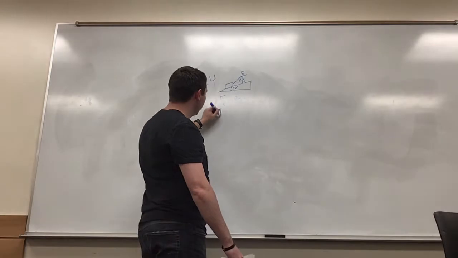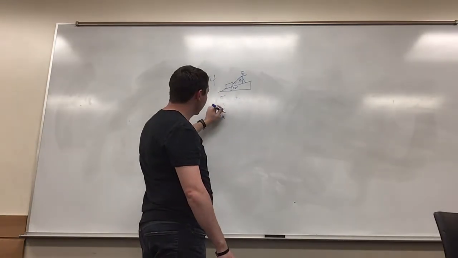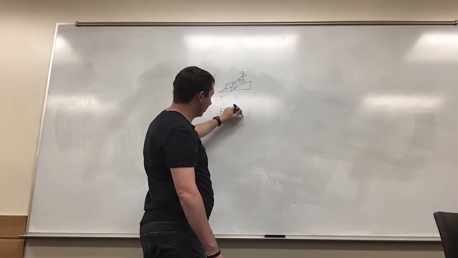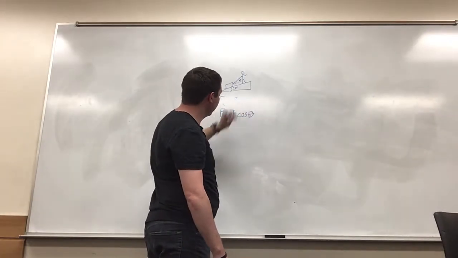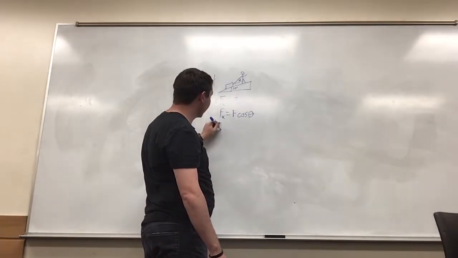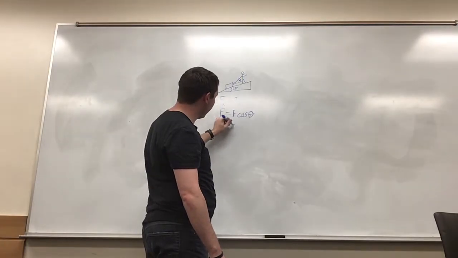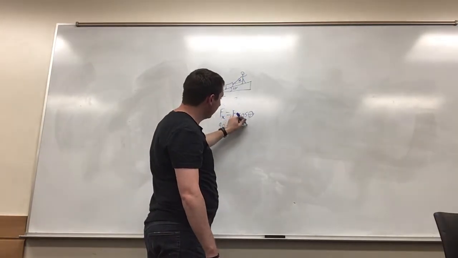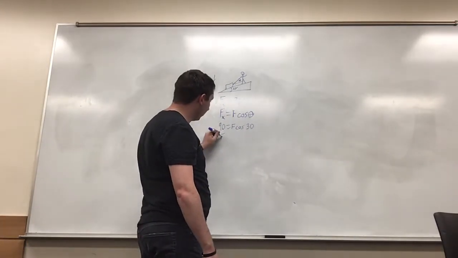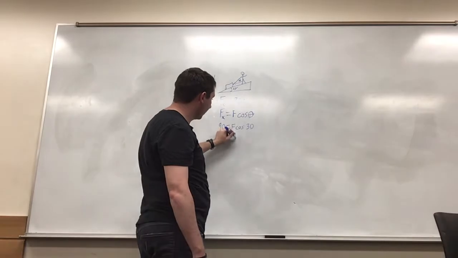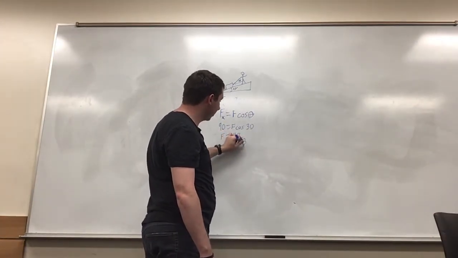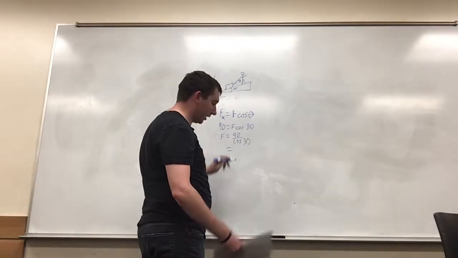So we know that force in the x direction is going to be equal to the force times cosine of theta, and it's in the direction of the ramp, so we know that it can be rewritten as 90 is equal to F times cosine 30, and then we just isolate for F, so F, the force, is equal to 90 divided by cosine of 30, and that comes out to be